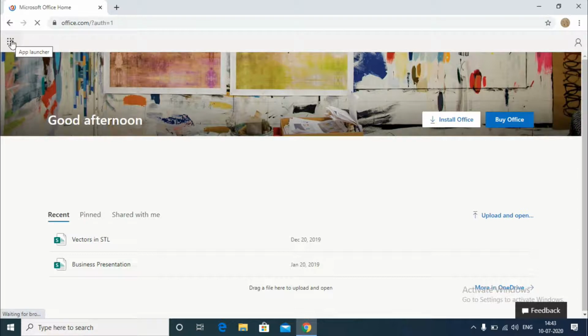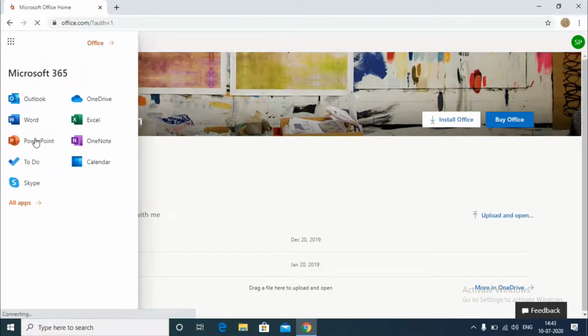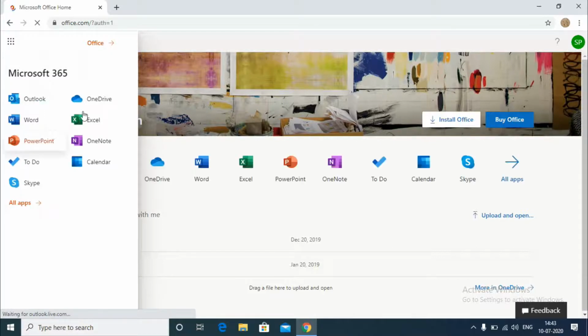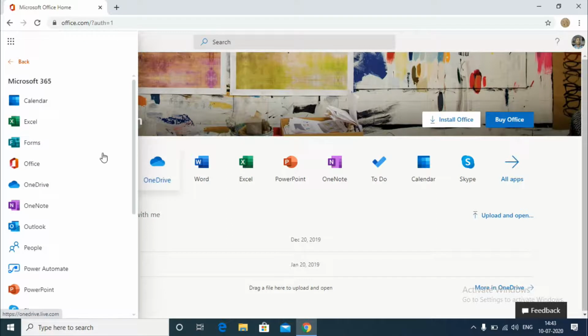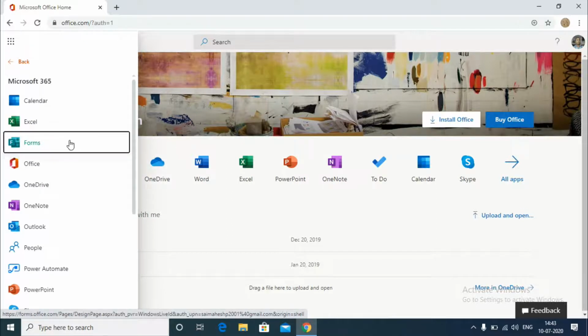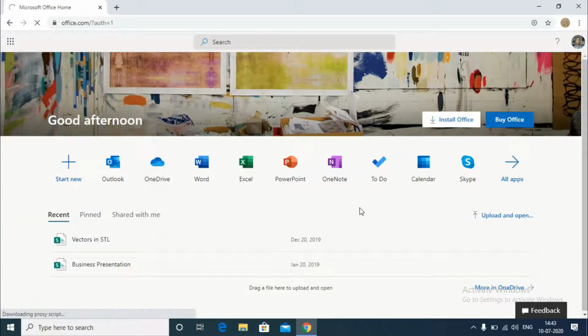Now click on the dots on the leftmost side, and here we search for Forms. As we don't find it here, click on all apps, and here we click on Forms, that one, and now it will open Microsoft Forms where we can build our forms.